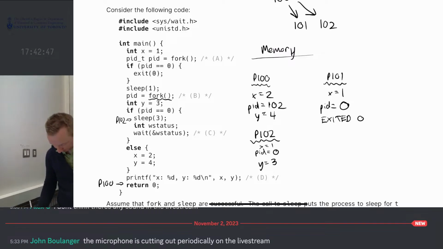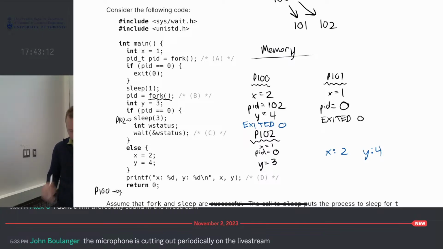What would it print? X is 2 and Y is 4. So we see X is 2, Y is 4, and then it returns. What's returned from main the same as? Exiting. So process 100 has now exited